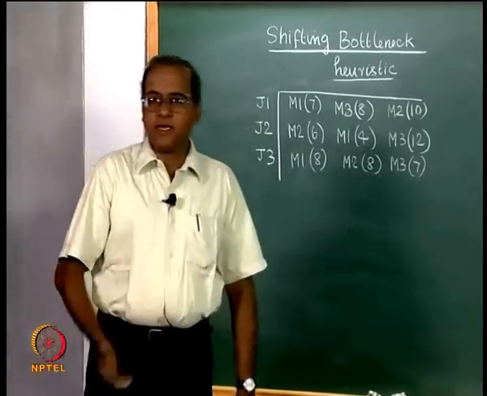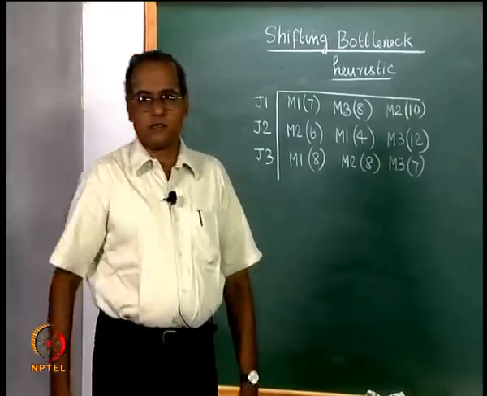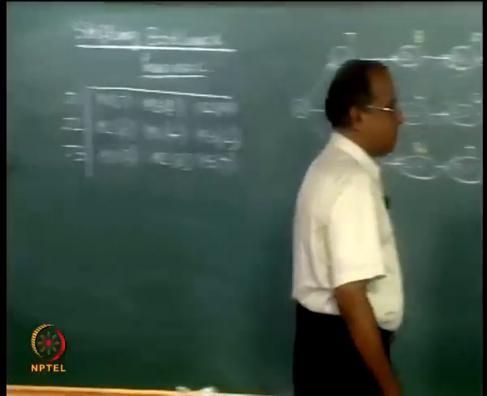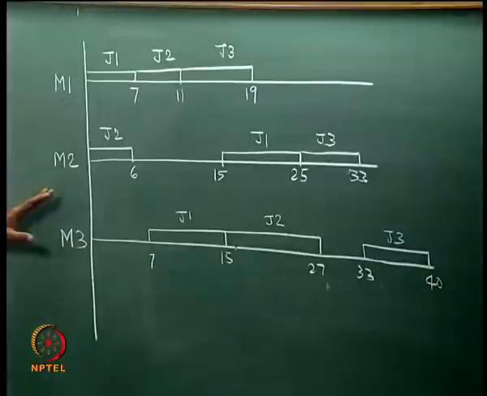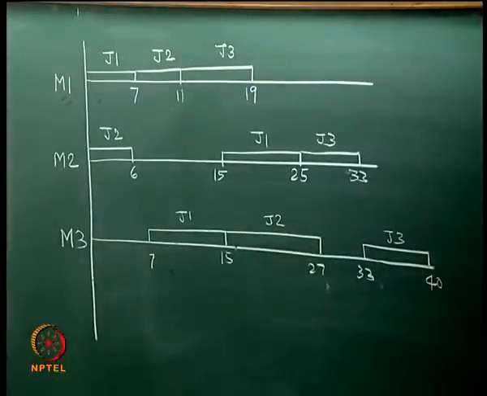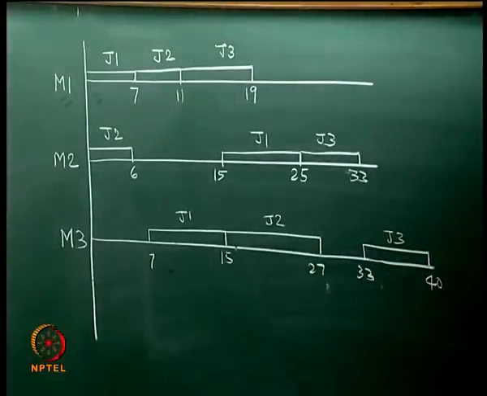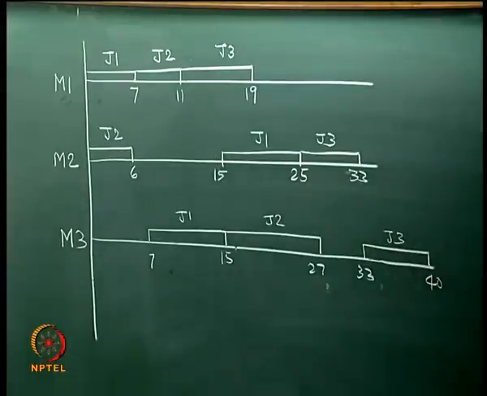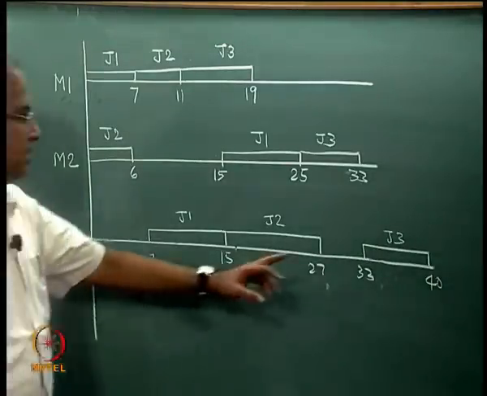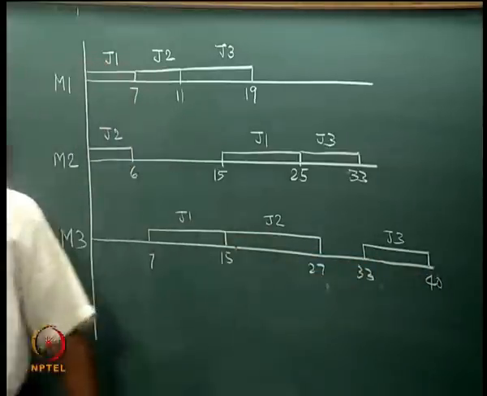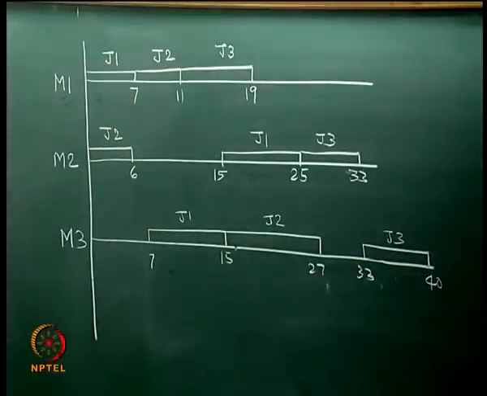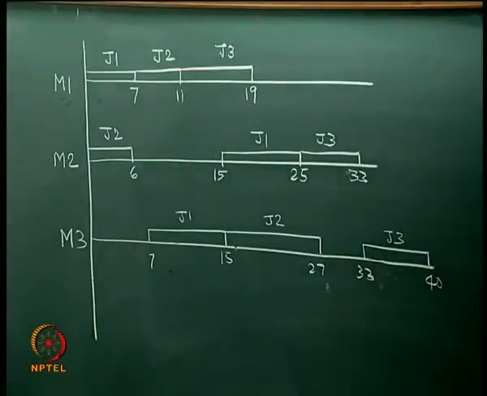We have already seen dispatching rule based solutions. For example, we have seen this Gantt chart which has been prepared with shortest processing time as the dispatching rule. So, if we use shortest processing time as the dispatching rule for this problem instance, we get a makespan of 40. We are now trying to see another approach which helps us to solve the makespan minimization problem